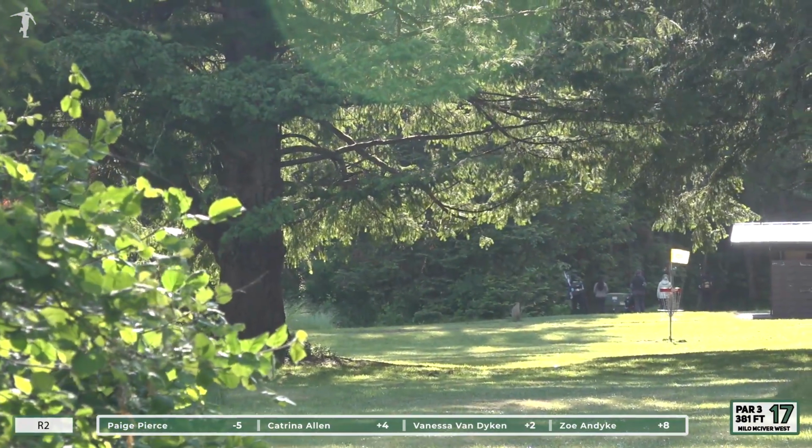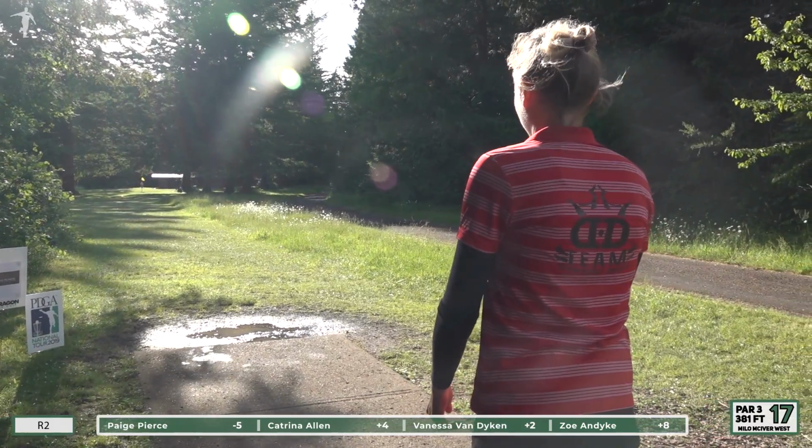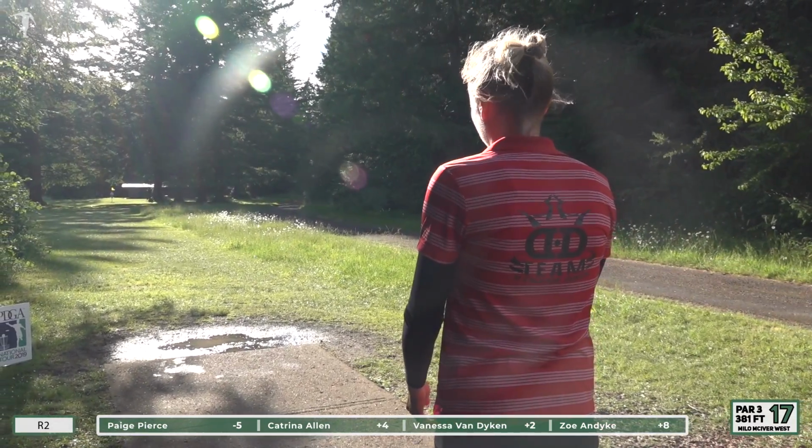And Cat's out there for a good bid. I think there was something going on in the background there. I just had to wait. Usually stuff doesn't bother me, but